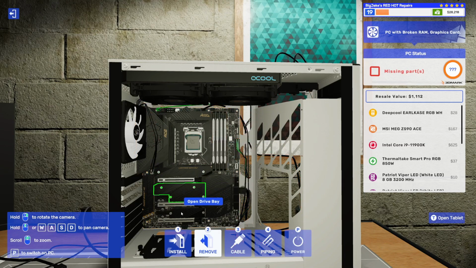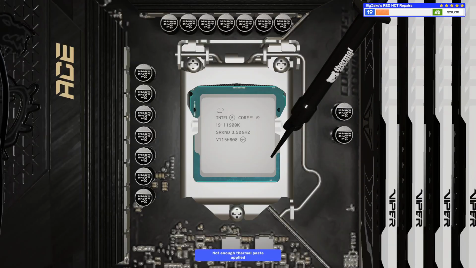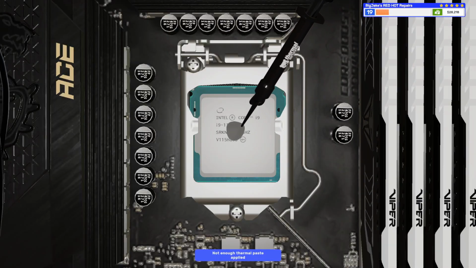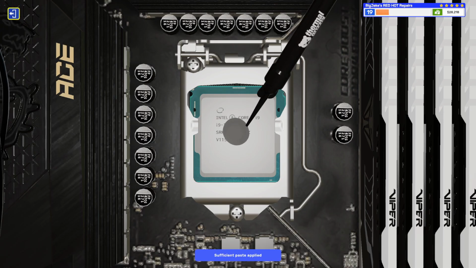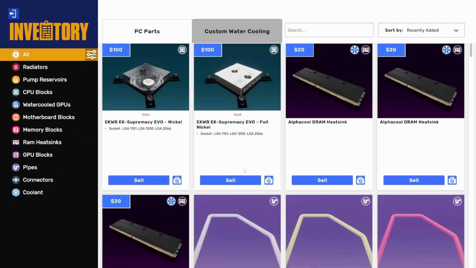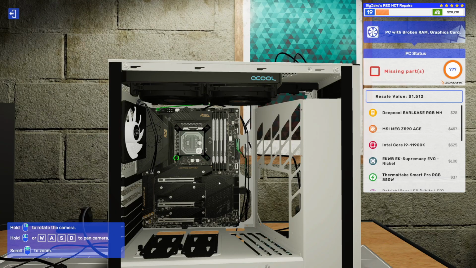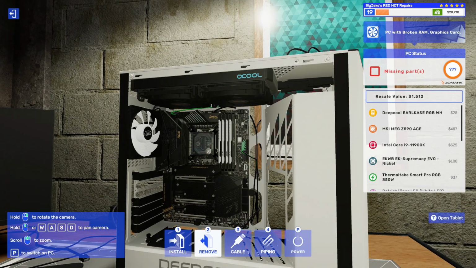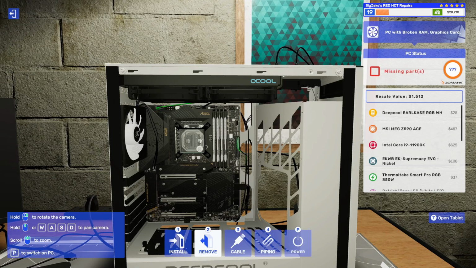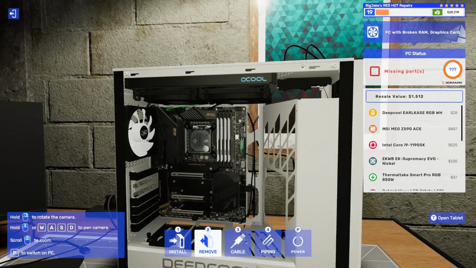There we go. Okay, let me get some thermal paste on the CPU. This 11900K we just put in. There we go. And then I want to get the block back on. Which one was it? Was it this clear one? Maybe? That's what I'm putting on there. I'm pretty sure that's what it was. Then...